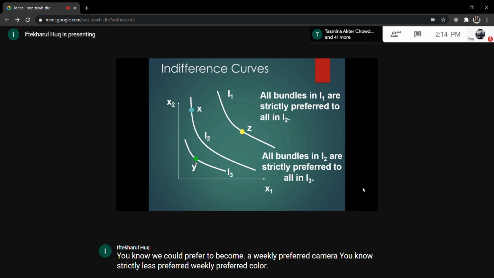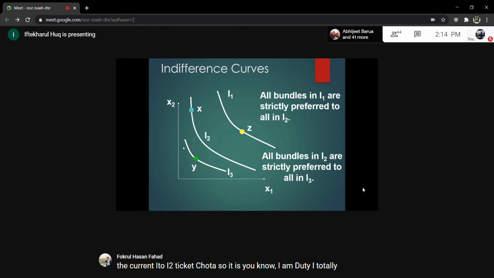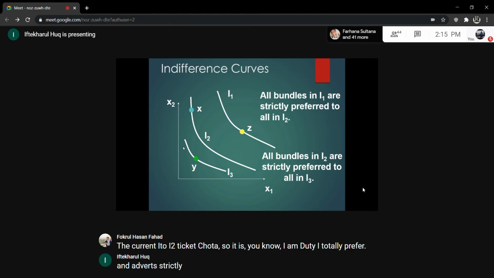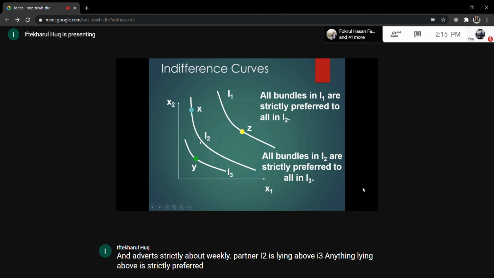কারণ i3 তো i2 এর থেকে ছোট, তো এটার জন্য আমি যদি i2 বিবেচনা করি তাহলে i2 টা হচ্ছে i3 থেকে স্ট্রিক্টলি প্রেফার, আর যদি আমি i3 টাকে বিবেচনা করি তাহলে তো i2 থেকে এটা উইকলি প্রেফার। মানে একবার স্ট্রিক্টলি আবার আরেকবার উইকলি কেমনে হবে ভাই? মানে আপনার I2 is lying above I3, anything lying above is strictly preferred, এখানে তো কোনো উইকের কোনো সুযোগ নেই।